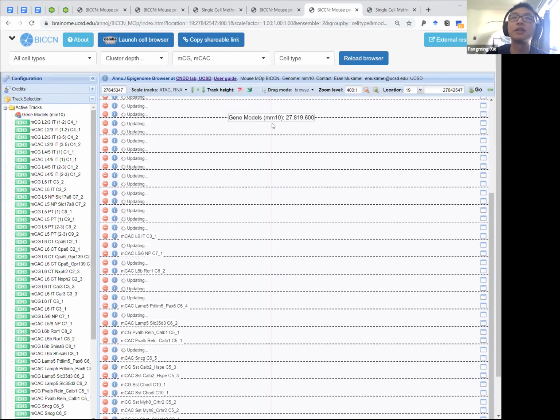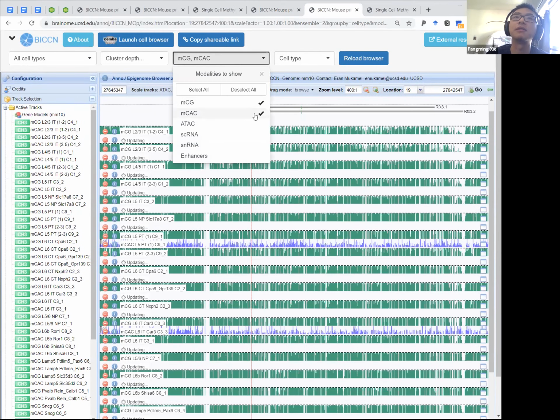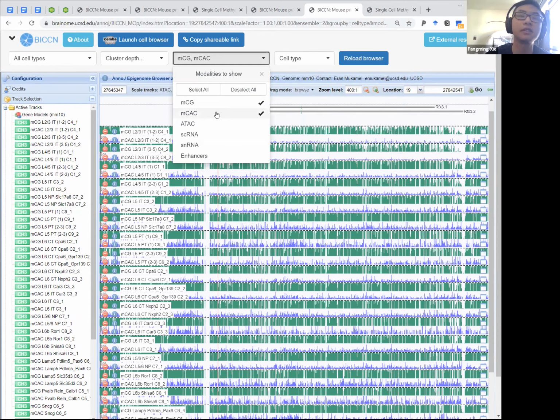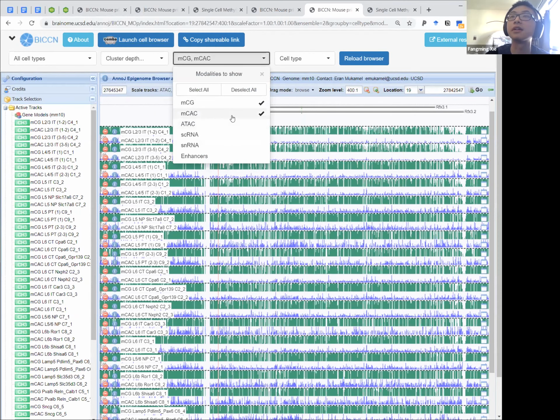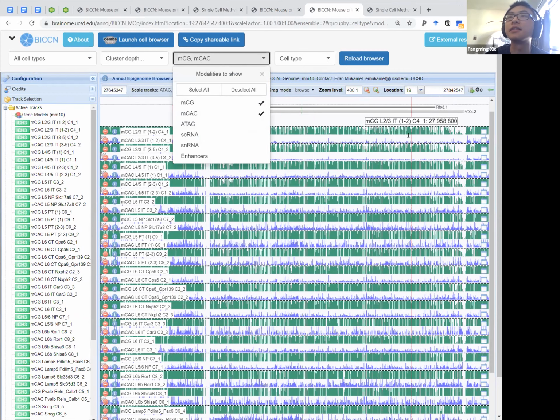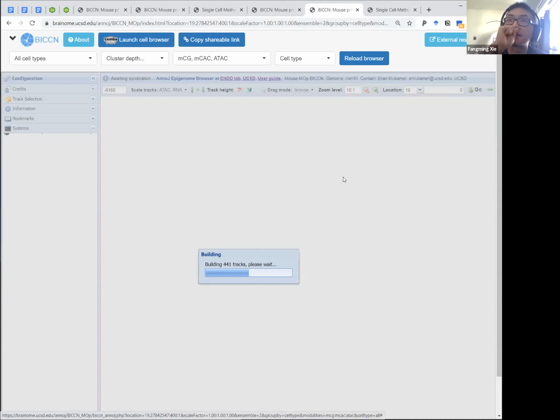So that shows you the non-CG methylation profile. Because in DNA methylation, there are two distinct features in general: CG methylation and non-CG methylation. The CAC represents a typical non-CG methylation level. Those are the blue tracks here, and you see they're very different. ATAC shows you the chromatin accessibility, and they are marked by